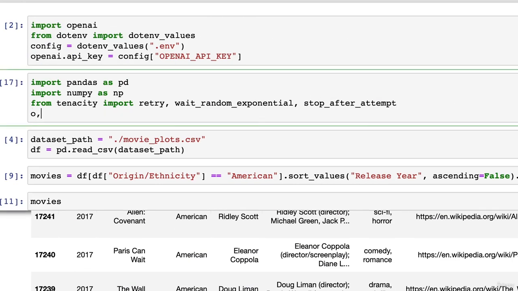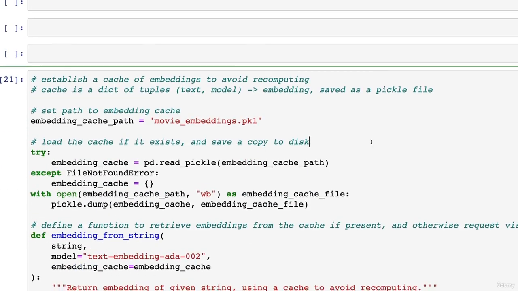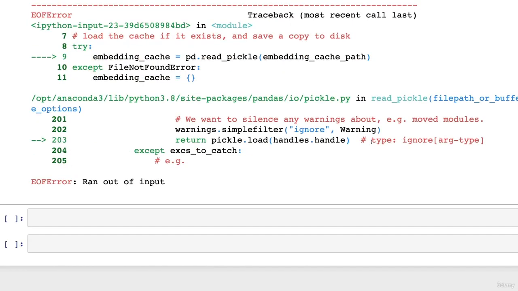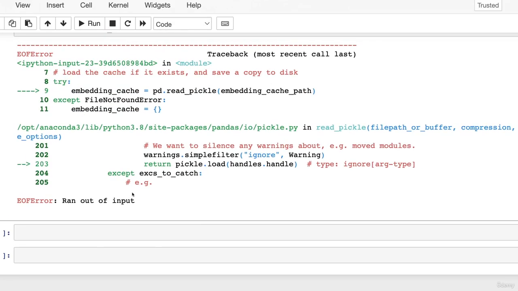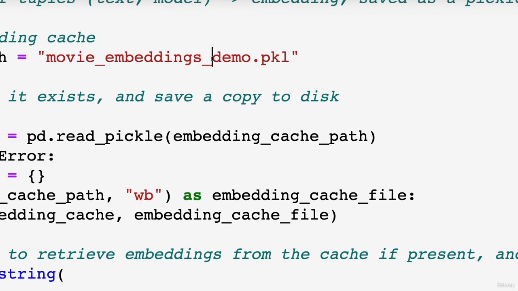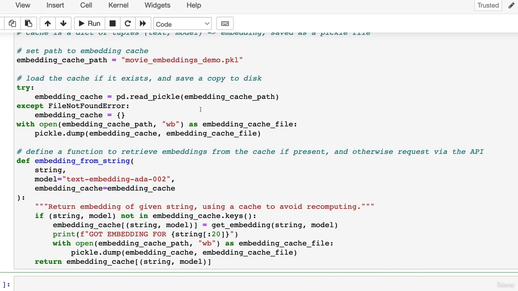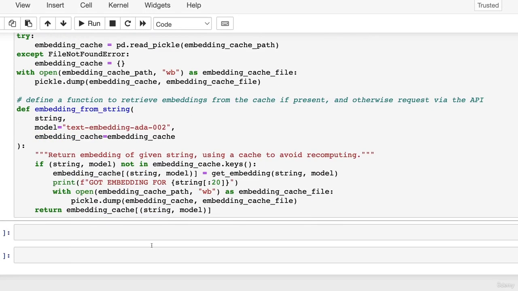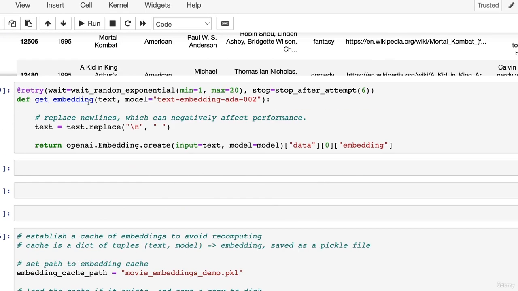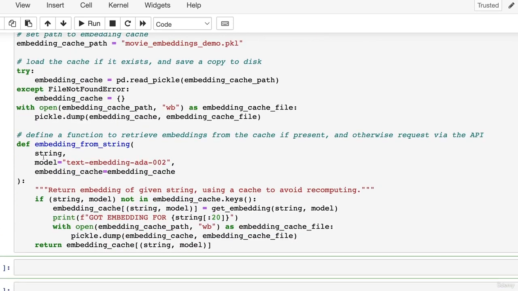Let's just do this all up top. Import pickle. It's a standard library, you don't need to install it. And what else is it unhappy about? Ran out of input. Okay, I just changed this file name because apparently I did have a movie embeddings.pickle. So I did movie embeddings demo. Okay, so now I call this function right here, embedding from string,